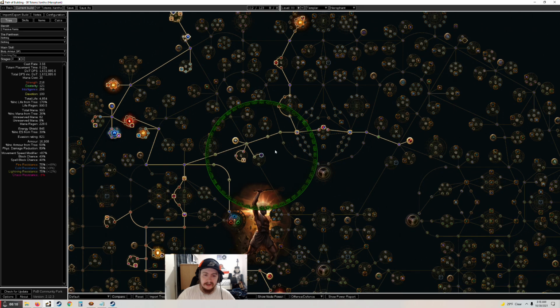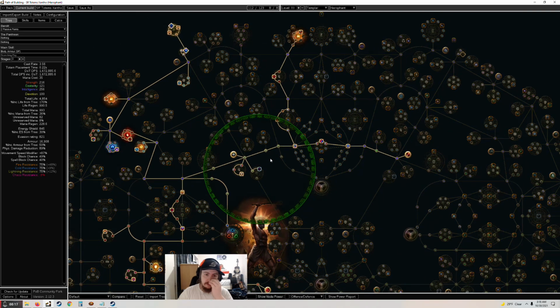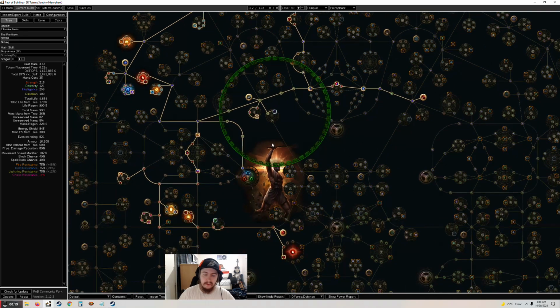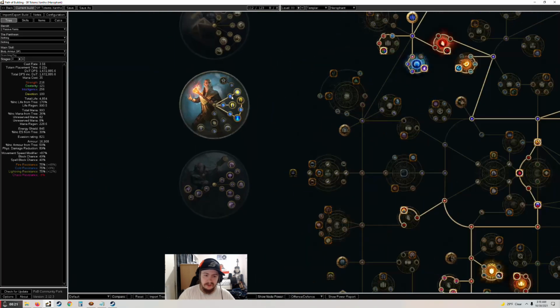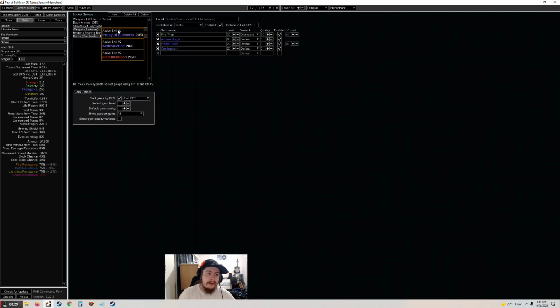Basically, the biggest update is that I've kind of swapped out of Searing Bond into 6th Link. I'm now using Searing Bond solely as a utility skill to gain more damage through Ritual of Awakening, which is this node right here, which gives 5% more damage, 0.5% of mana regen, and 1% of life regen per summon totem. And with Phantasmal Searing Bond,